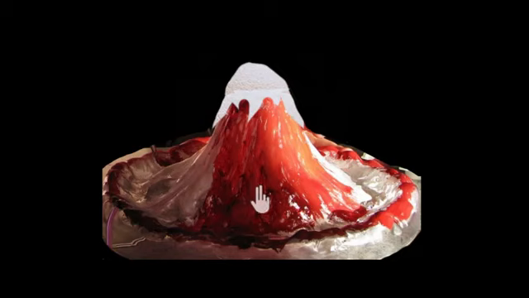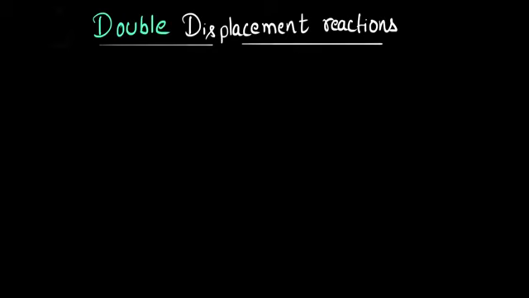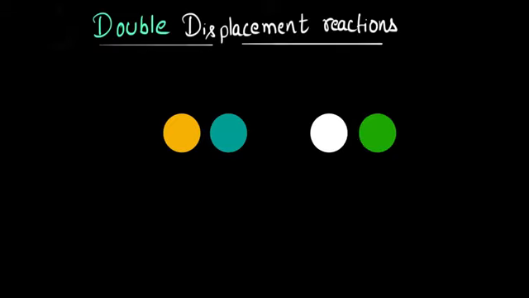You might have seen these erupting volcanoes in a science fair, or you might have made one for your science project. In this video, we are going to talk about the type of chemical reaction that makes this happen: double displacement reaction. And towards the end of the video, I will also show you by making one volcano. So let's begin. If I have to explain it in short, in double displacement reactions, the ions of the reactants exchange position, something like this.